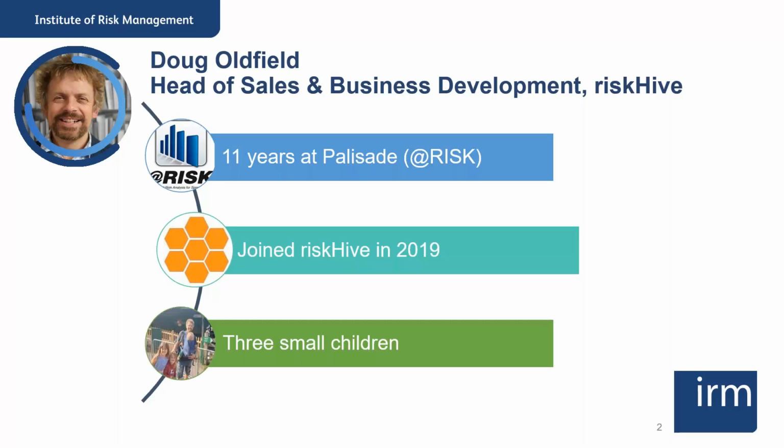The third thing that you probably need to know about me is that I've got 3 young children who we home educate. So there's a reasonable chance, probably around P25 in stochastic terms, that at least one of them will interrupt my presentation at some point. So apologies in advance if that does happen.